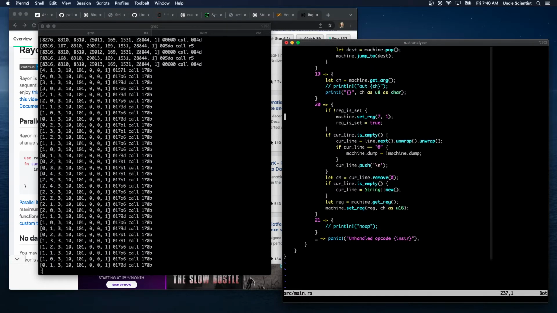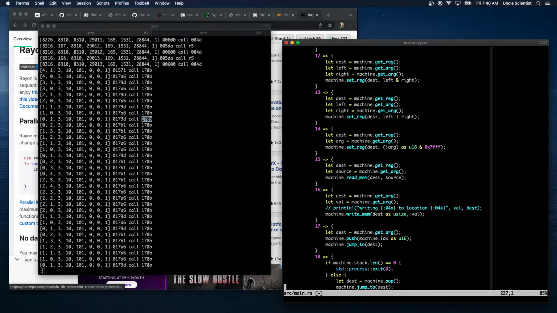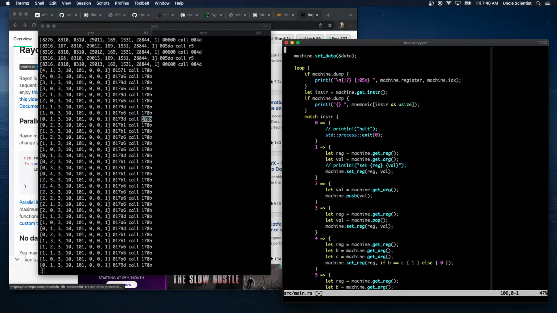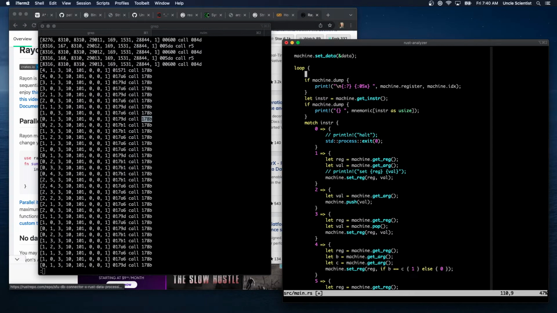Yeah, we set the register to 1, so we should change it to this new number now that we got. Oh! Right, that was the thing. We actually want to look for that value there before we execute. We want to say if